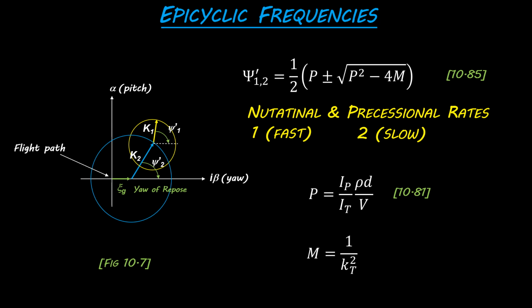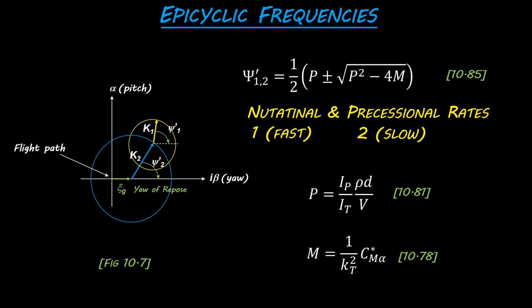And then our M portion is 1 over that KT squared coefficient multiplied by our starred coefficient of the overturning moment, and that is equation 10.78. So once we know those, we can calculate how fast these two things are moving around to drive our nose